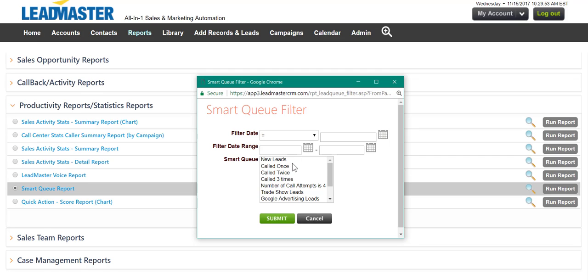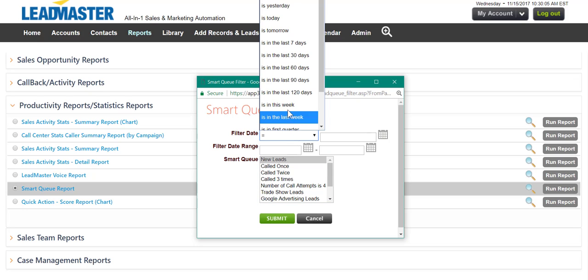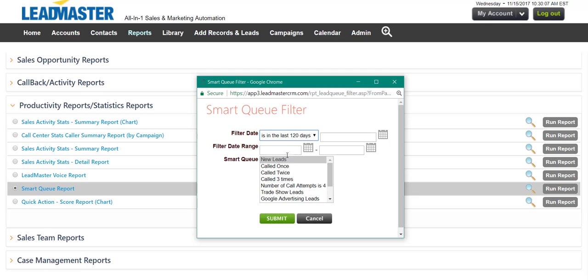Here, you have the option of selecting one or more of the Smart Queues. In this case, we're going to take a look at new leads. We will also want to filter it for a time frame, let's say in the last 120 days. Click Submit,